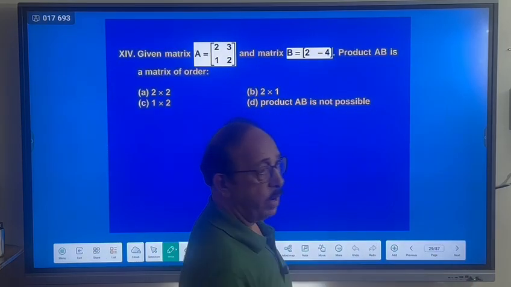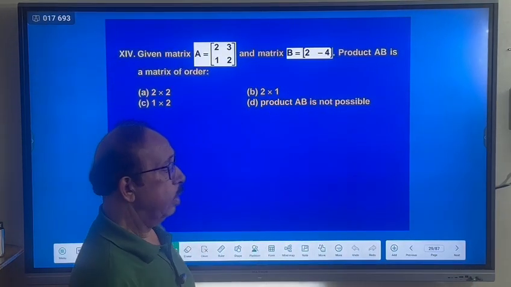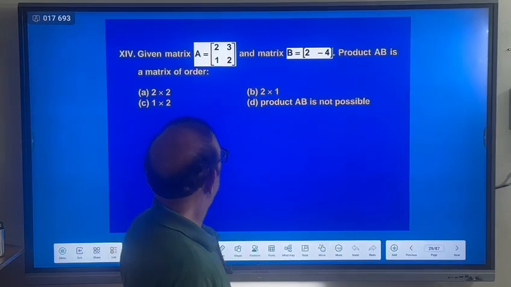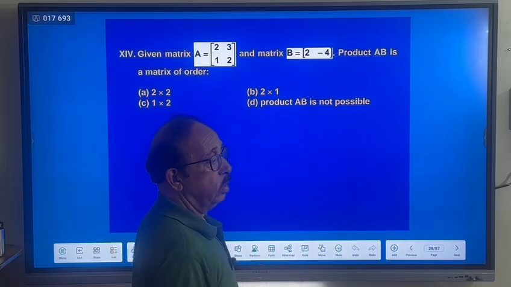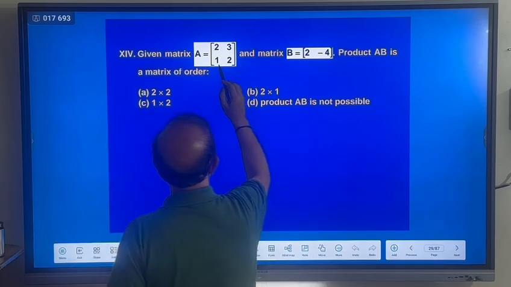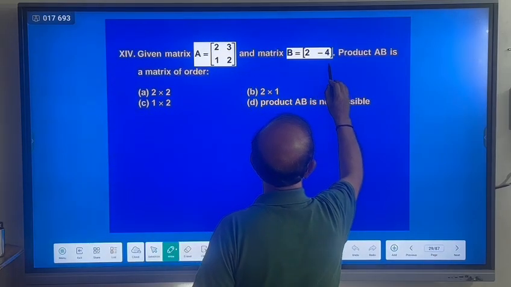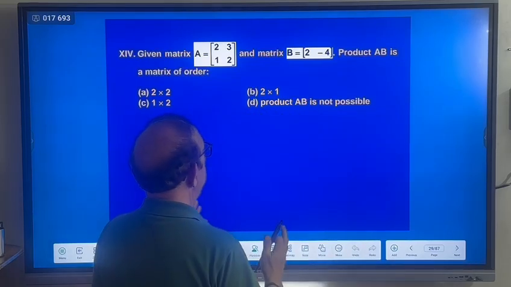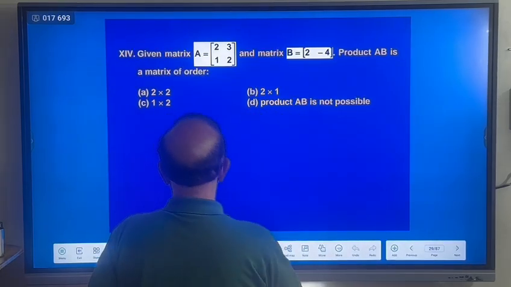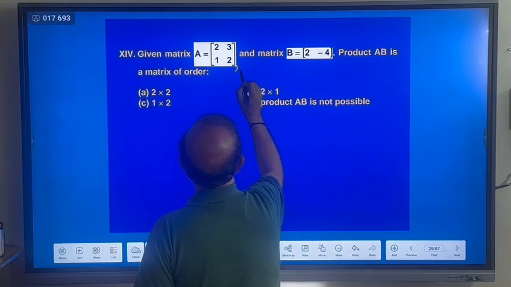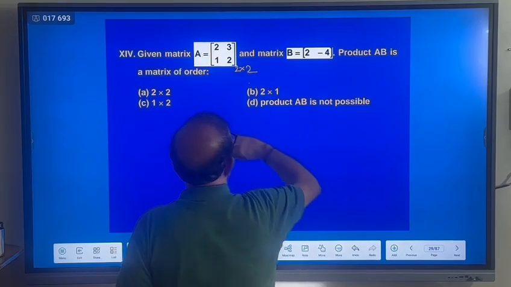Now this is a question on matrices. You know the product of two matrices is possible only if the number of columns of matrix A is equal to number of rows of matrix B. Then the product is possible. What is here? This is the order 2 by 2. And this is order